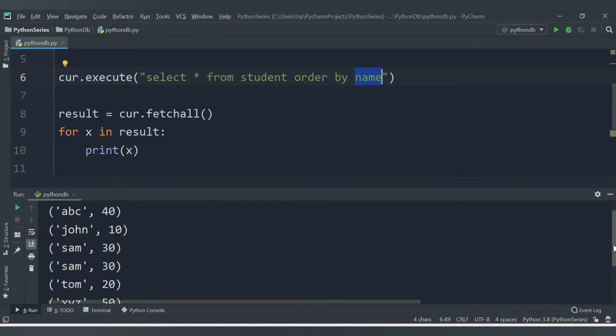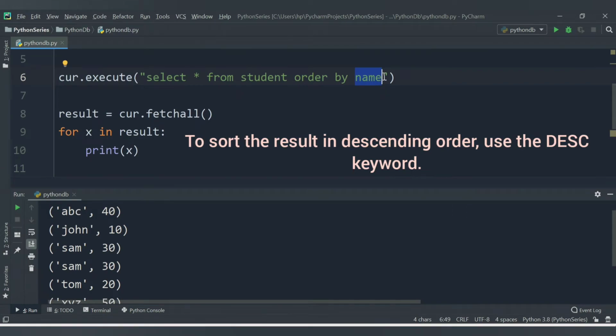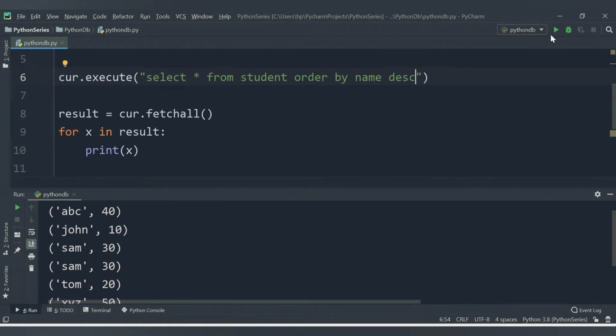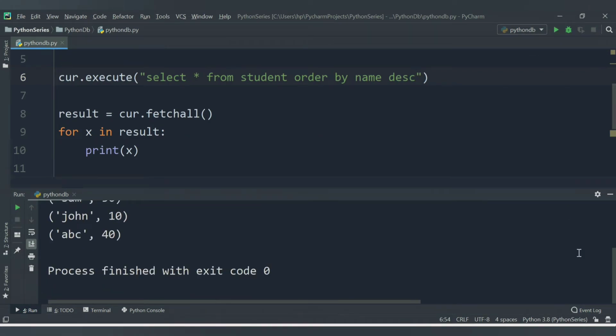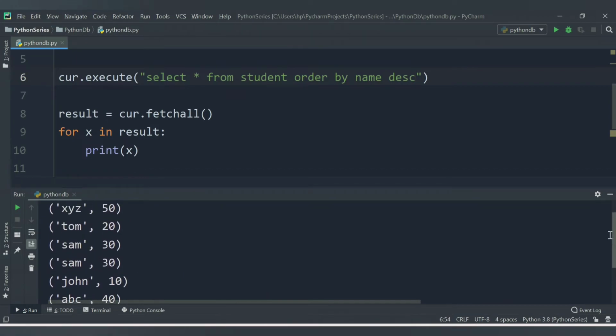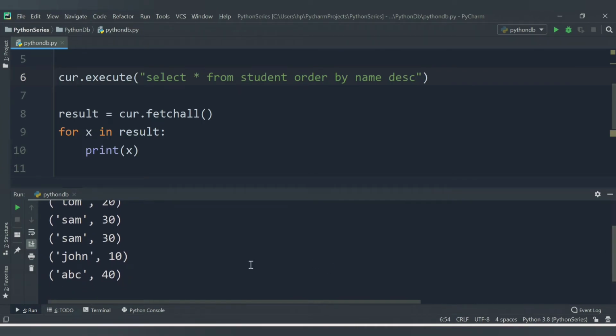If you want the order to be descending, you can specify that also with the help of the DESC keyword. How to specify that? After your SQL query, you just need to say DESC, which stands for descending. Once you provide this value, the data will be sorted in descending order. Let's save this and run now. So see, now the first entry we are getting is XYZ, and then in reverse order, then T, till the last value, which is for the letter A. Now our data is sorted in